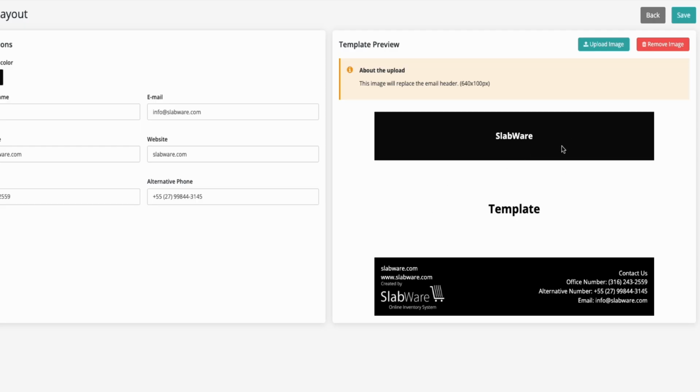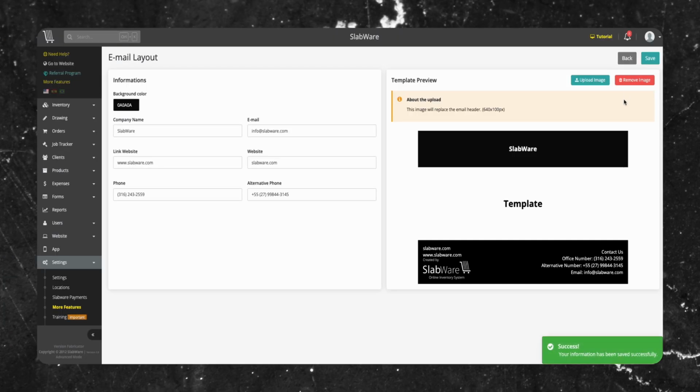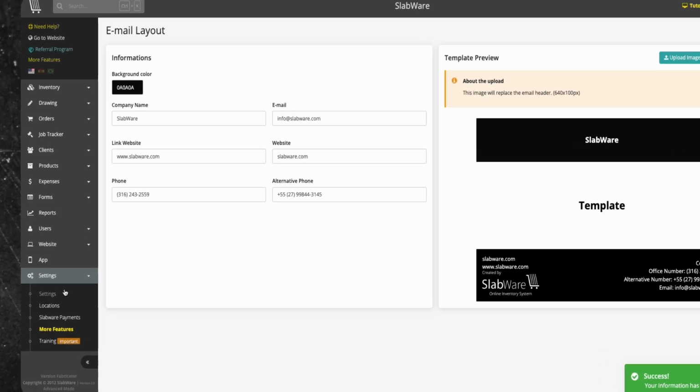In the header area, you can upload your company's logo by clicking the green Upload Image button. To remove it, just click the red Remove Image button. Then click Save. Now go back to Settings